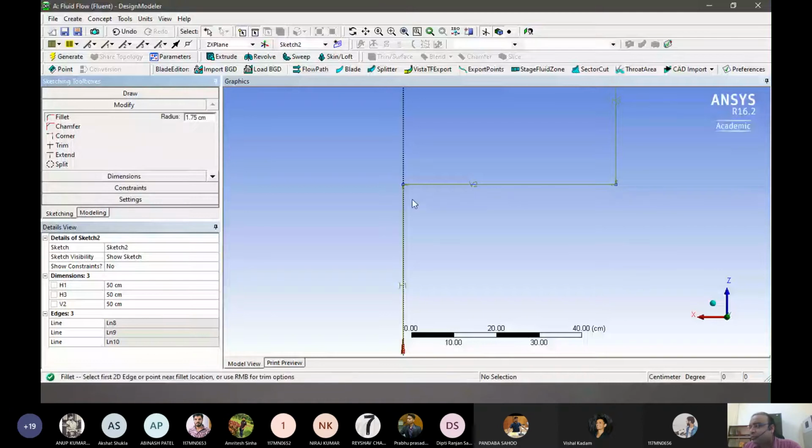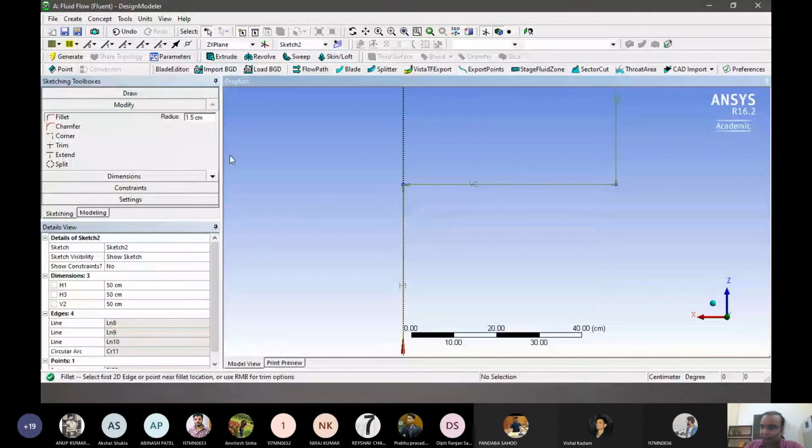Now it's up to us what radius I want it to be. So I can put 1.5, I think that will work. I select this, select this, and this.